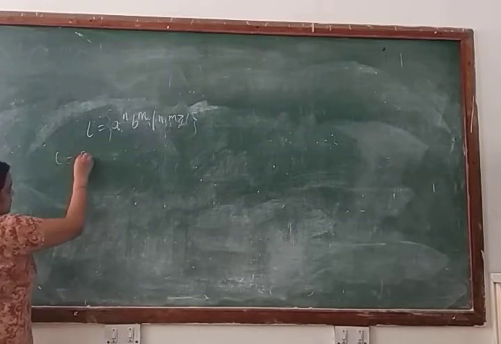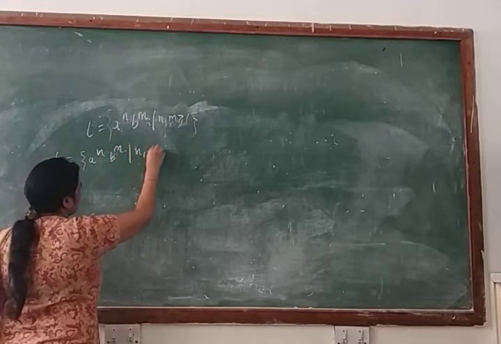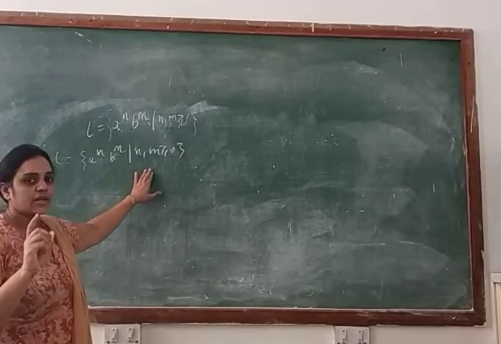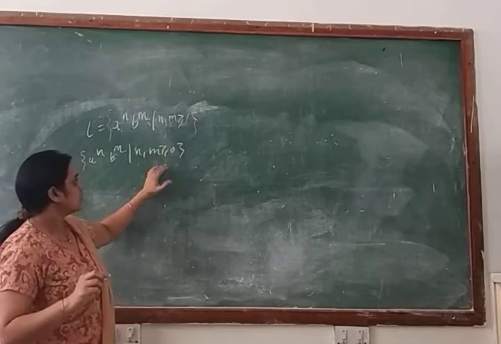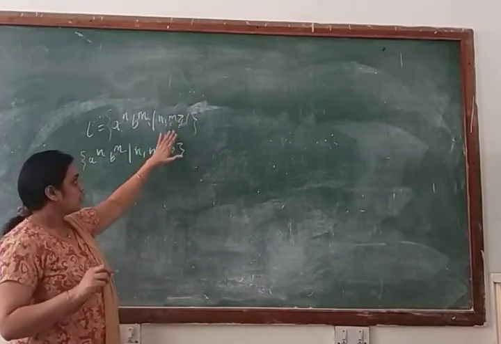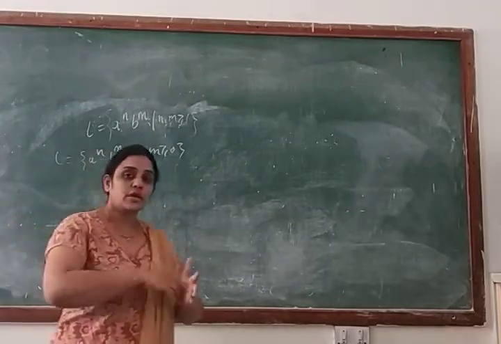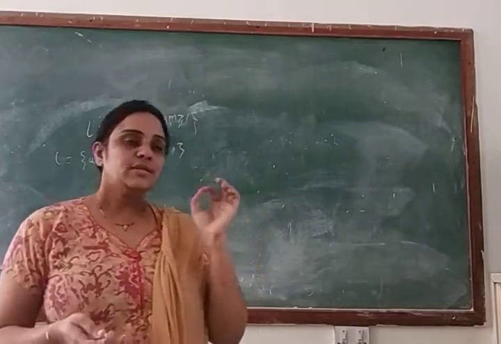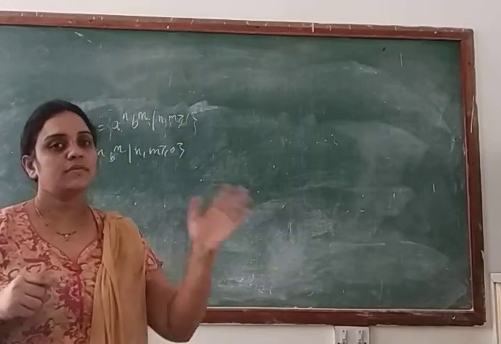In today's class we will discuss a raised to power n, b raised to power n, where n, m greater than or equal to 0. You can see in this example only one condition is different, and that is n, m greater than or equal to 0. In the previous example you put n, m greater than or equal to 1, but your machine will change totally, because if you change one condition, your strings will be different for that machine. So just remember this: if you change one condition, then your machine will be different.